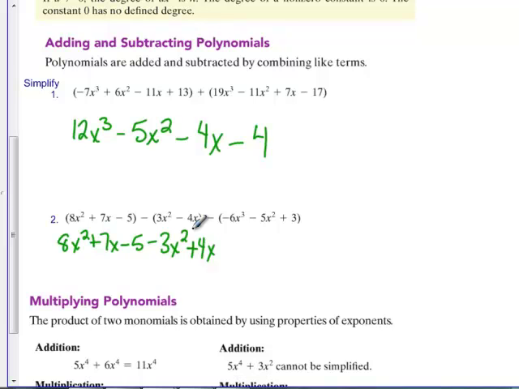Whenever you distribute something that's up against parentheses, you stop at the end of those parentheses. So that negative just stopped. Now we're looking at the rest of this. Now it happens to be that we have another negative we're going to distribute. So whenever we take this negative through,